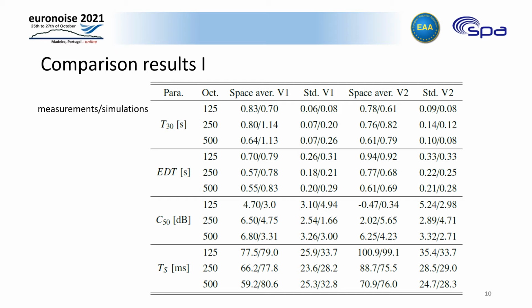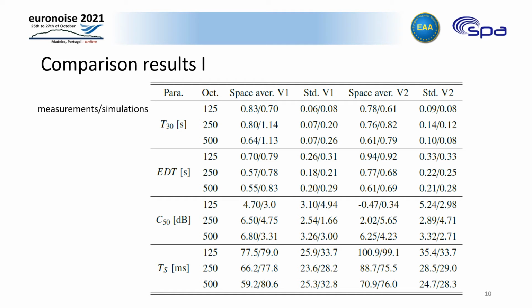The values before the slash are the measured ones, while the after slash are the simulated ones. The first impression of the comparison results is that none of the simulation results match the measured ones very well, except for the center time at 125 Hz,